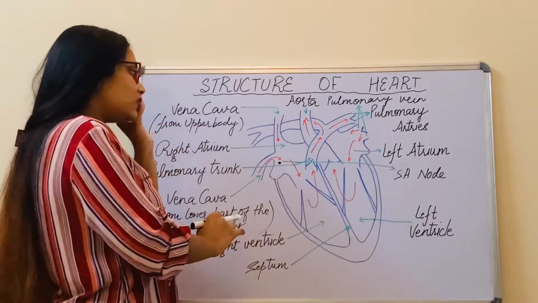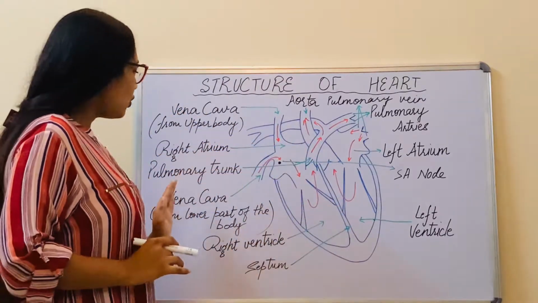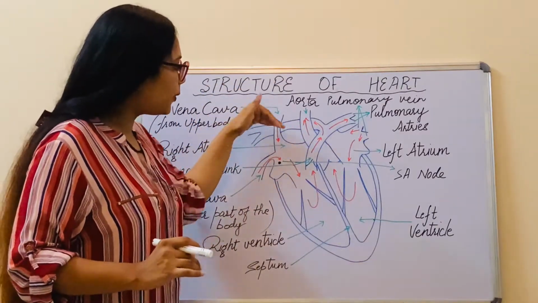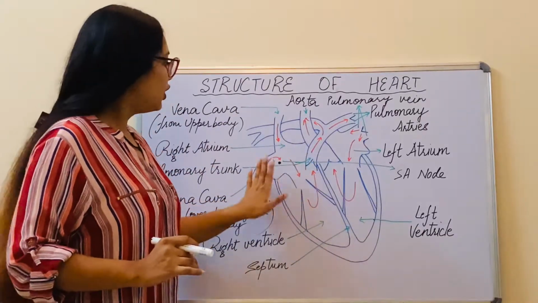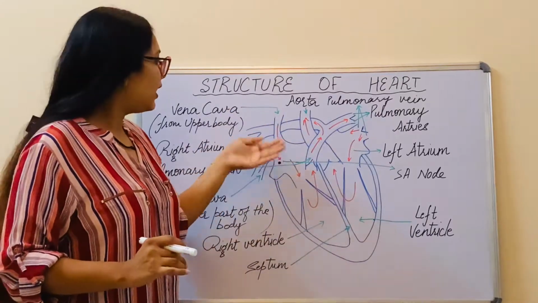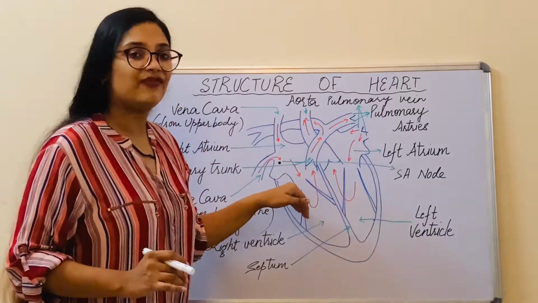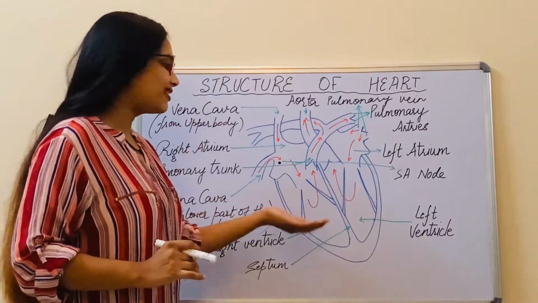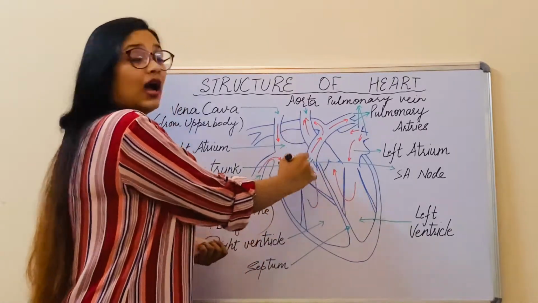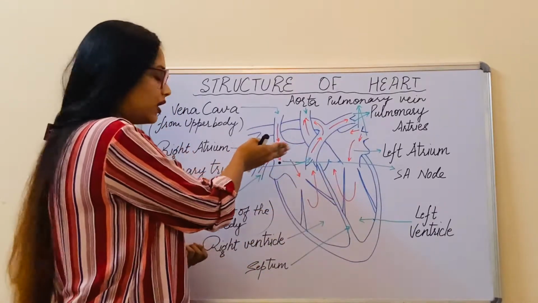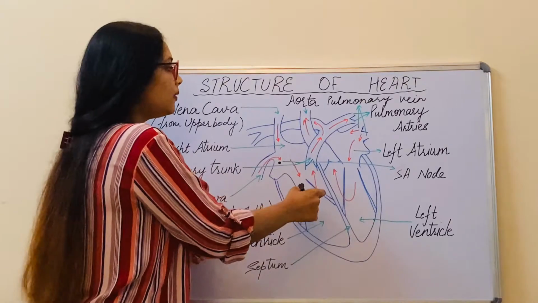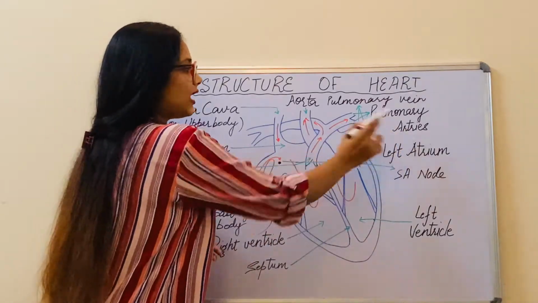So as you can see, the red arrows show that the vena cava are pouring all their blood into the right atrium. So as the right atrium contracts, all this blood goes into the right ventricle. Now it's the chance of the right ventricle to contract. When the ventricle contracts, these valves are preventing the backflow of the blood, and because of the high pressure generated in the ventricle, the blood goes into the pulmonary arteries.